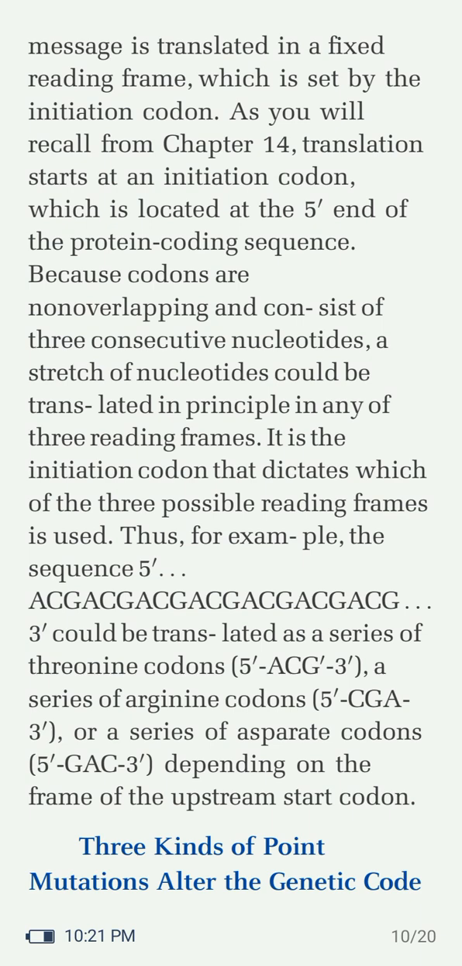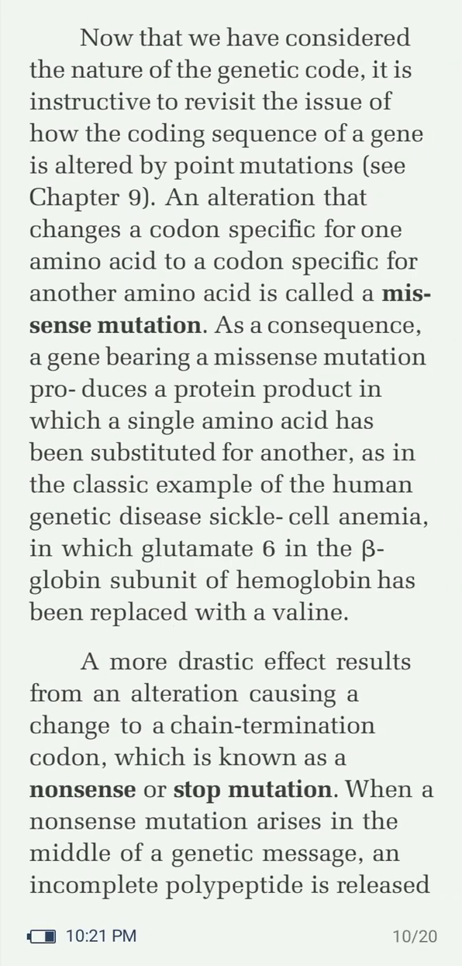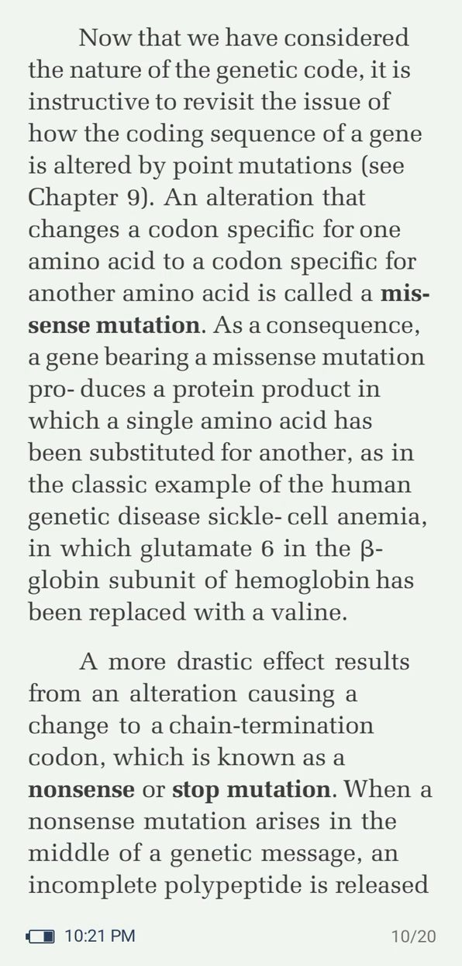Then, three kinds of point mutations alter the genetic code. Now that we have considered the nature of the genetic code, it is instructive to revisit the issue of how the coding sequence of a gene is altered by point mutations. An alteration that changes a codon specific for one amino acid to a codon specific for another amino acid is called a missense mutation. As a consequence, a gene bearing a missense mutation produces a protein product in which a single